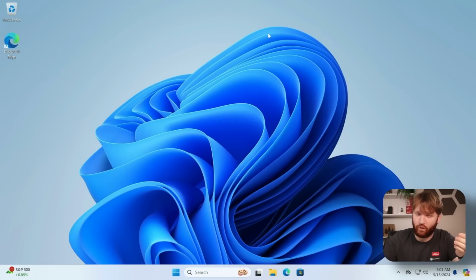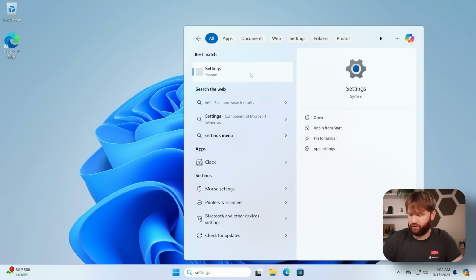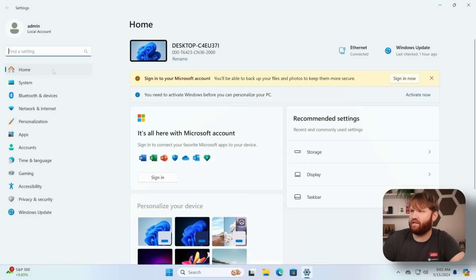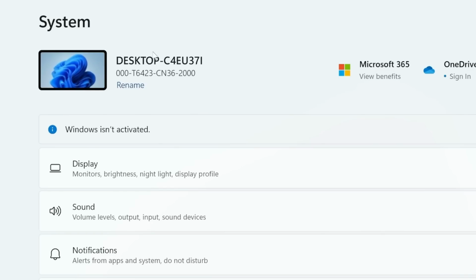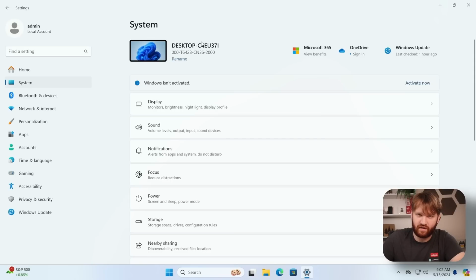Alright, so after a few quick reboots, all the drivers are in and we can actually see what is going on. So now I'm going to go over some important settings that you're going to want to change, starting with the device name. If we head over to the settings application and go down to system here, we can see right here the current device name is desktop and a bunch of random characters. This is the current host name, and we want to change it to something a little more recognizable and easier.